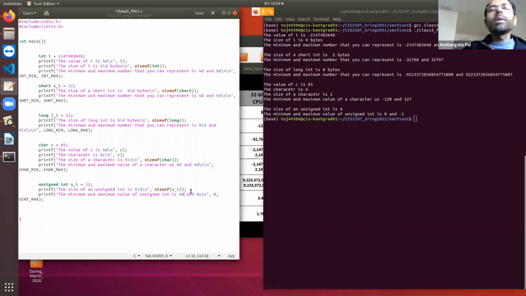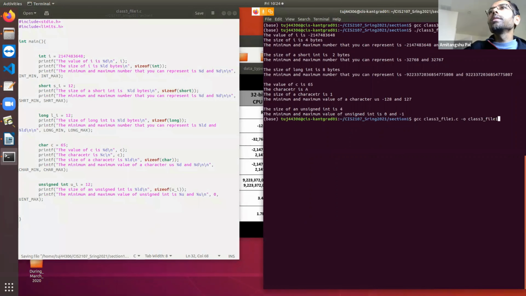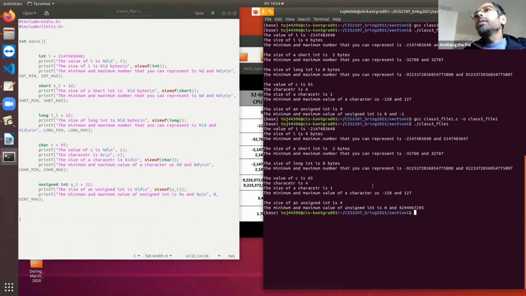So instead of %d, you need to use %u. Now you will see 4294967295. This is almost double the range of an integer, because you are reserving the bit pattern only for the positive numbers. That's why we are getting more range.